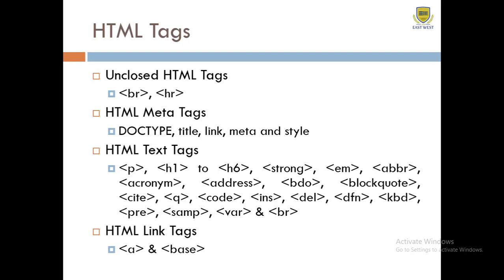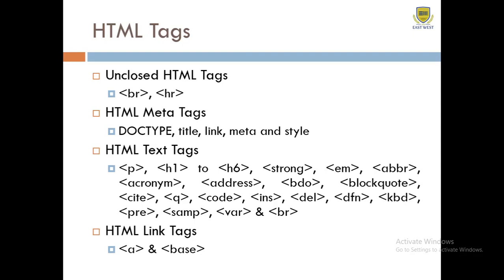Other than that, if we use different tags to write content in the body of the HTML document, they will be displayed in the same line. At the time, I will show you how the BR tag helps me break the line and print the next content on the next line. Then the HR tag means horizontal rule. This tag is used to put a horizontal line across the web page.